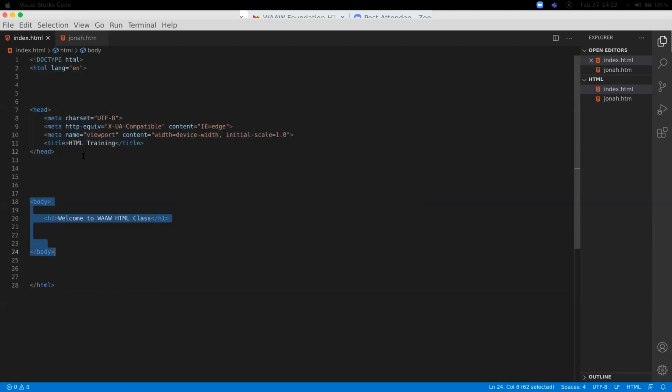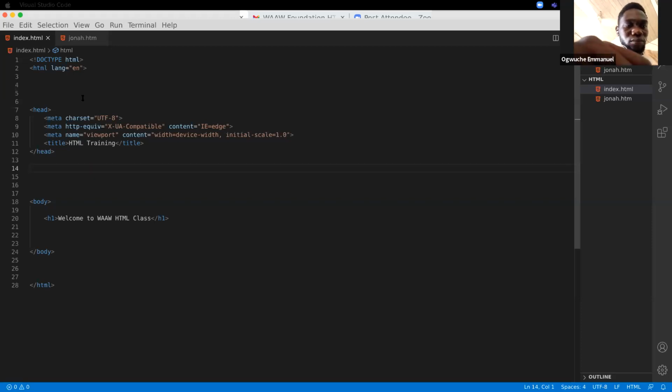So nesting also shows the hierarchy when you are coming to refer to them, and that would happen in CSS. If you're going to refer to a particular element inside another element, you have to talk first of all to the parent element before you reach the child element. You will see the importance of nesting when you get to CSS. But nesting also helps in the visual outlook of your code. For instance,